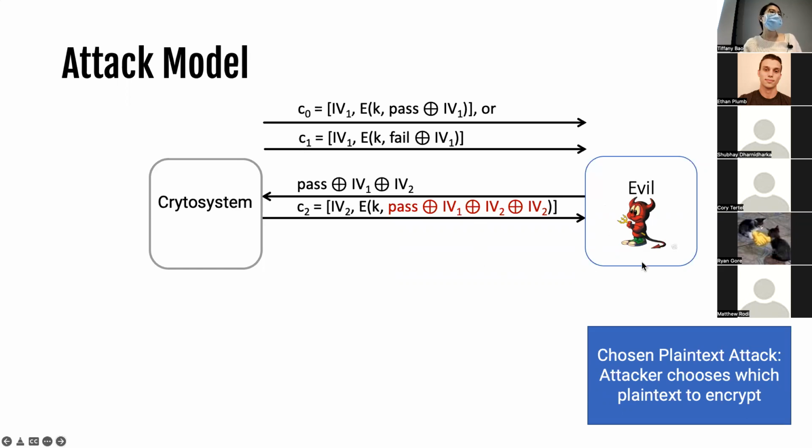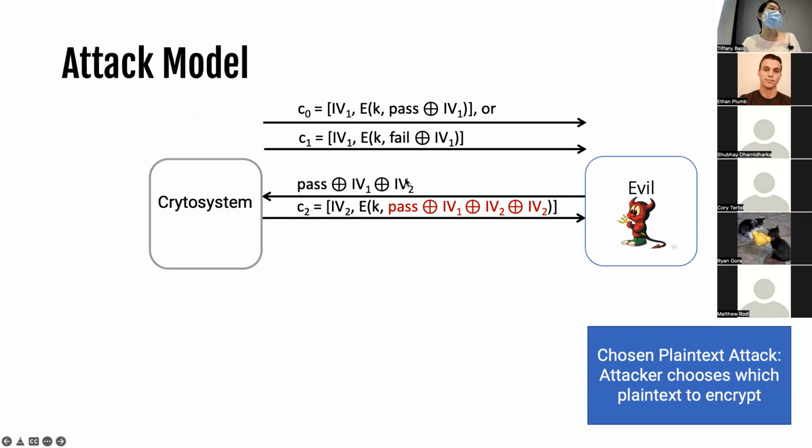And now, what Evil could do is have this message sent as the plaintext. Basically, Evil tells the crypto system, hey, can you please help me encrypt this message? And because Evil knows about IV1, which comes from the previous message, and also knows IV2 because IV2 is predictable,